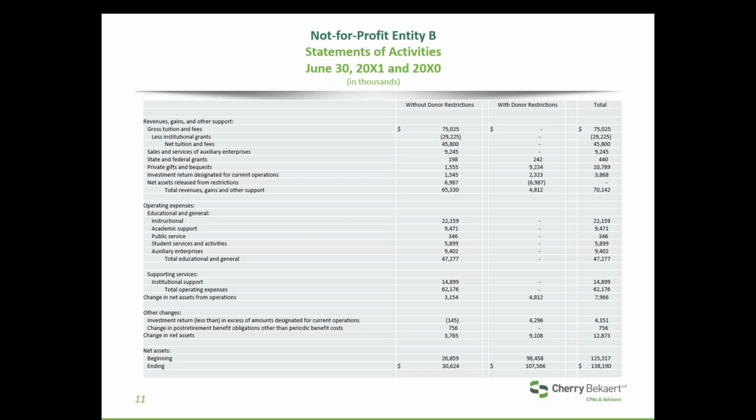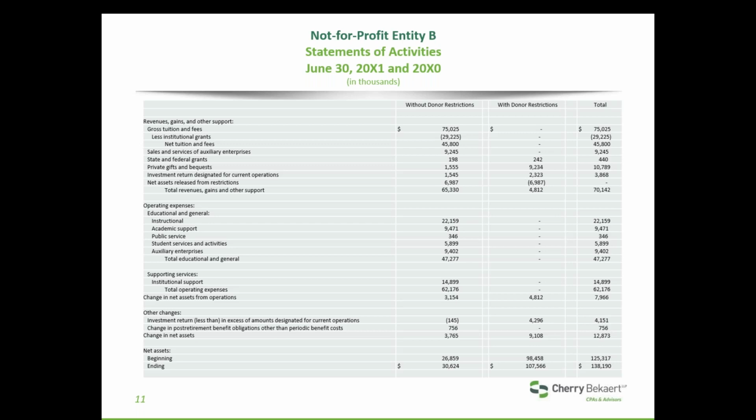And so this is just one more example of the statement of activities. I thought that this example did a good job of showing how the expenses are broken out. You can see on the side, it really breaks it out by the program expenses, which would be education in general, as well as the supporting services. And these amounts should tie to what will be the new schedule of functional expenses, which we'll discuss a little bit later on. So just note that both of these examples of the statement of activities are set up to have an operating measure, but that is not required within the ASU. It just so happened that most of the examples I found had that.